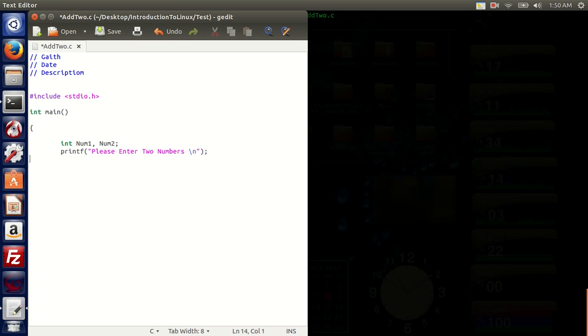Now I'll have what? Scanf. Scanf is the C in and printf is the C out. And here I have to say percent. What am I gonna print? Percent d, a decimal, or percent i. You can use integer, comma, and I'm gonna say address of num1. This is one way to do it, and you can add here another comma, add the percent d, or